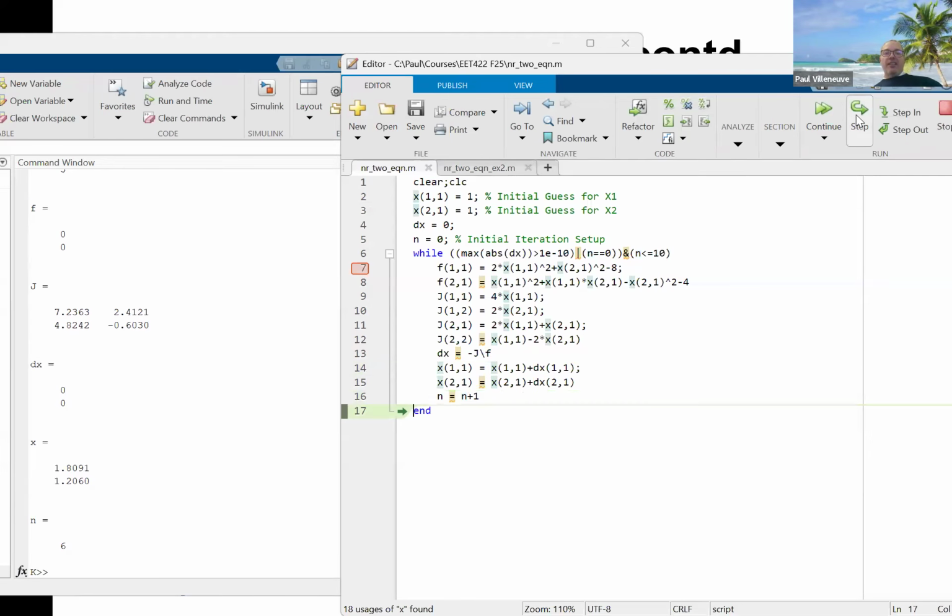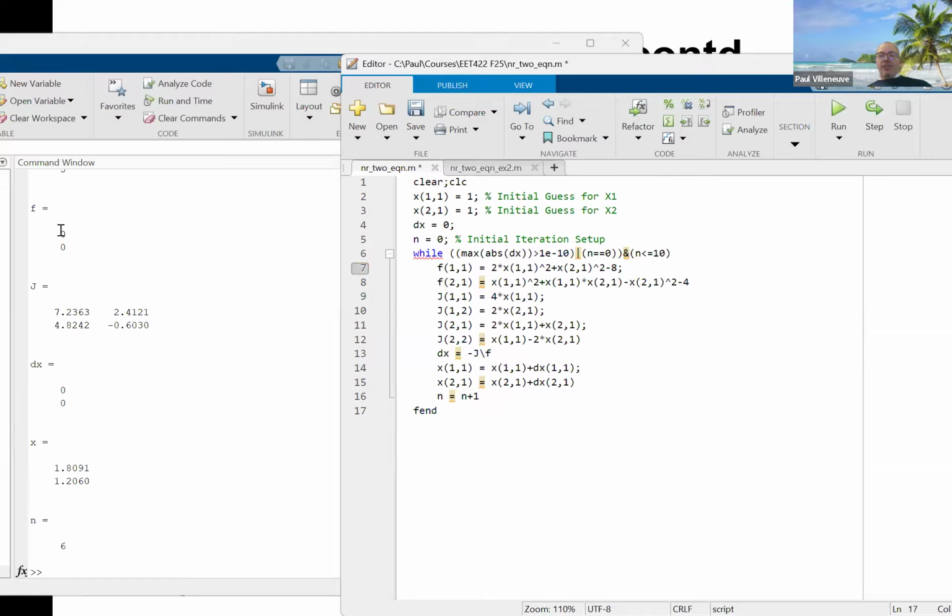So let's see if it's done. Yes, it highlights the end. So it kicks me out and then it stops processing. So it took 5 iterations, right? Actually 6 if you count the 0 iteration. So it took 6 iterations to get to an error of less than 1 times 10 to the minus 10. And you can see my F